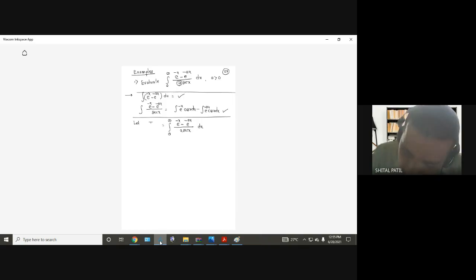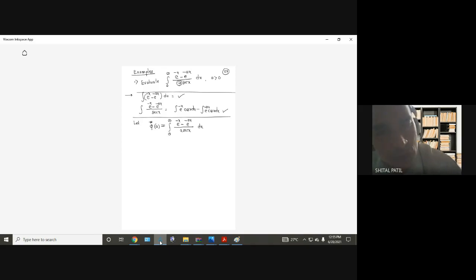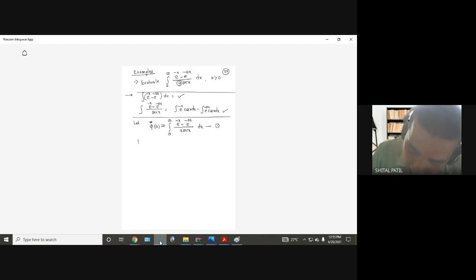Function of, what do I have to write on the left side? Function of x or function of a? Function of a, right? Because after integration, x will be replaced by 0 and infinity, so x will be eliminated. Okay, so write this as equation number 1. Now write down here: alpha, that is the lower limit, and beta, the upper limit, infinity, are constants. Alpha and beta are constants. Okay, therefore,